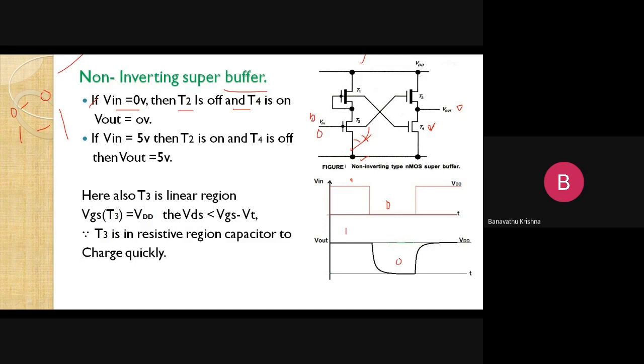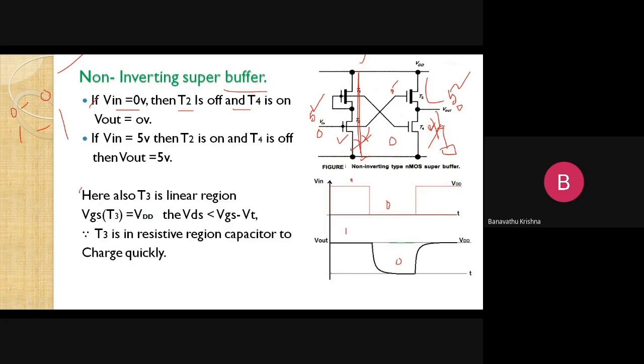Similarly, if I apply input 5 volts, then it is also having 5 volts here, right? So here it is going to be in the on condition. There is a path here, so there is no response here, because there is a path connected here. So the response at the transistor T4 gate is 0, and it is going to be in the off condition. It charges the load capacitance, nothing but the output response is 5 volts, that is VDD. Here we are applying input 5 volts, or VDD, and we are getting output response also 5 volts, or VDD. So it is the non-inverting buffer.